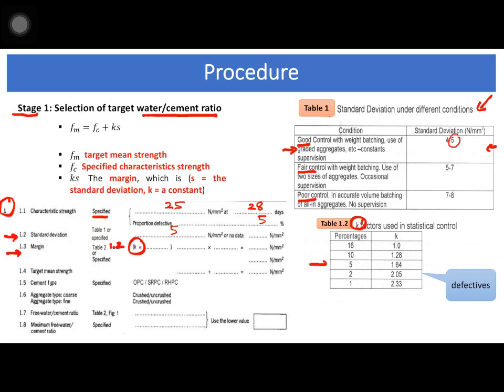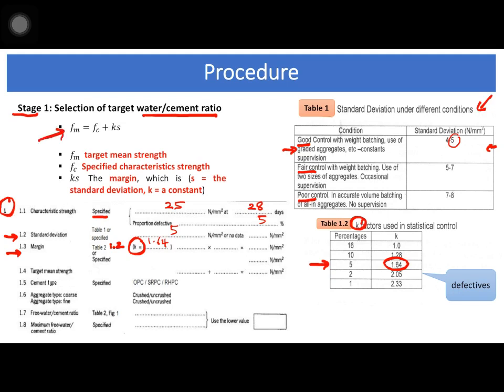For this case it is 5%. So 5% means that K is equal to 1.64. So you can write 1.64 here. So this 1.64 we need to multiply with S, because here we need to determine what is the